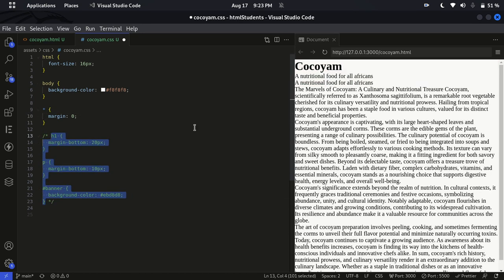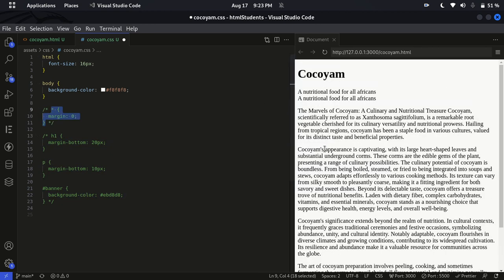If you look at this one, I don't want any margin at all. Normally, if I remove this one, by default all the elements, all the tags inside HTML, have their own default style, and this is the work of the user agent you are using. If you hear someone saying user agent, it is just what you are using to browse, to fetch your web document, which is Chrome